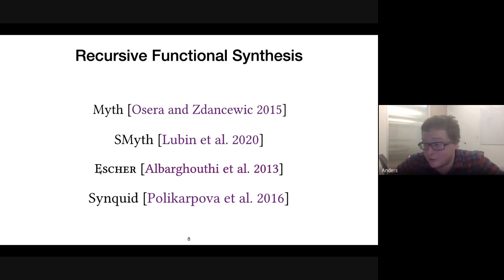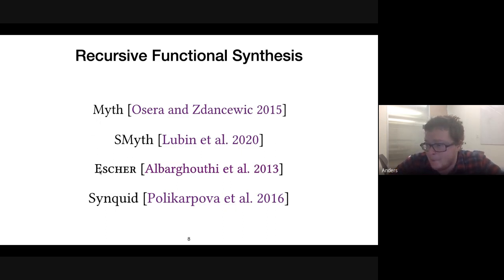Synquid is a different approach. It uses logical specifications, which is great. It's very general. It's able to tackle more types of specs than just input-output examples, but it does also handle input-output examples, although with the restriction that they are like the logical specification analog of trace complete. One of the main issues, though, is that it requires writing in these liquid types.